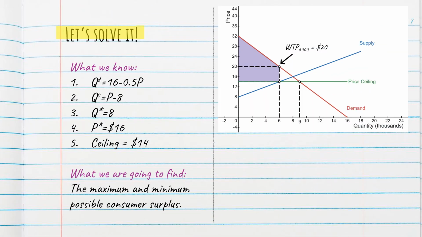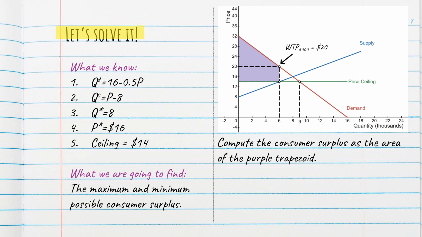Now we are ready to compute that maximum possible consumer surplus as the area of the purple trapezoid. I just want to make sure that we all understand why this is the maximum possible consumer surplus. Consumer surplus is always the area below demand and above price from 0 to Q. But here, because there are more units demanded than there are supplied,